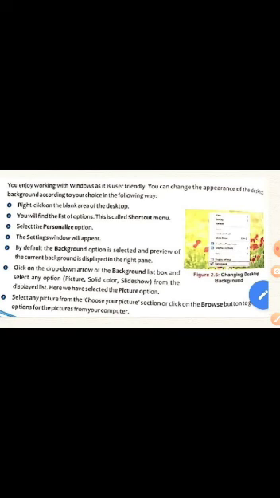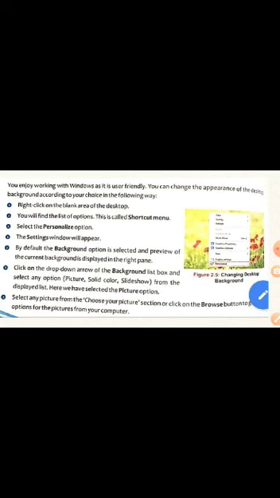Number one, what we have to do is right click on the blank area of the desktop, like here given in figure number 2.5. This is the flowery background, and here you go anywhere on the blank area and then right click on it. You will get this kind of white pop-up menu you see here. This is called the list of options menu, and it is called the shortcut menu.